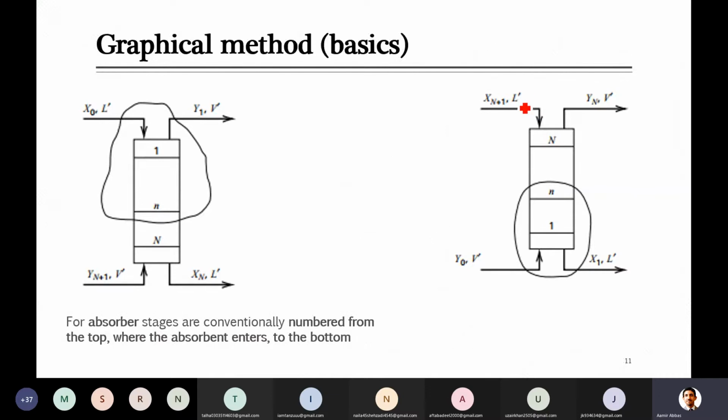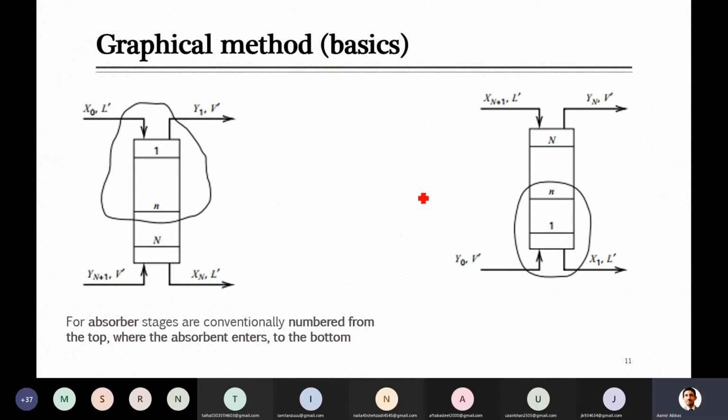Inside this, the liquid which is entering contains some of the components coming from the absorber. This is the liquid which has absorbed those components from the gas, and in the stripper, with the help of some stripping agent, for example gas entering from here, these components are removed. At the end the liquid leaves cleaned, as we have removed most of the components which were absorbed inside it, and this liquid is recycled, and gas leaves from the top.